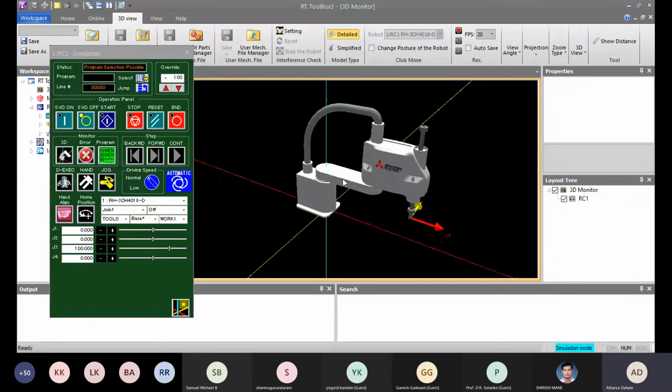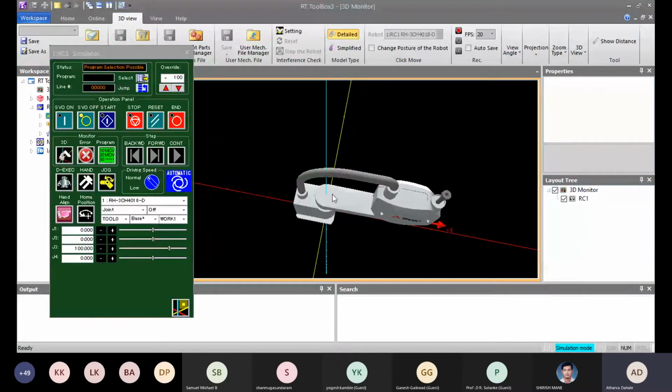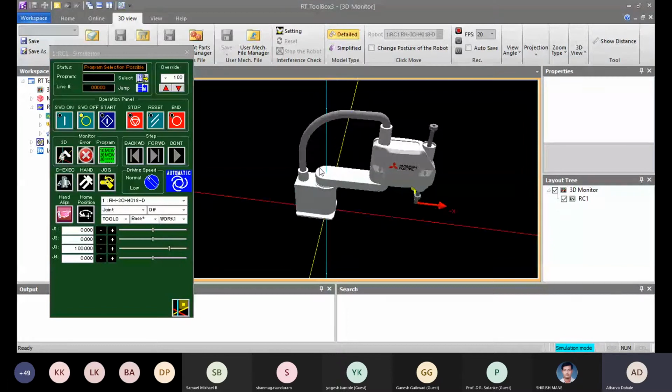As I have told you, there are a total of 4 axes. I'll show you every axis one by one. Firstly, here we have to select whether we want to move the robot in joint operation, in XYZ, that is linear operation, or in cylinder operation, and so on. So firstly, I'll select joint, and if I want to move this joint, the joint is J1.